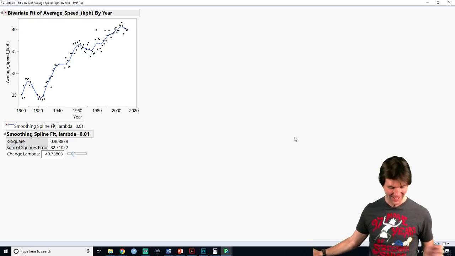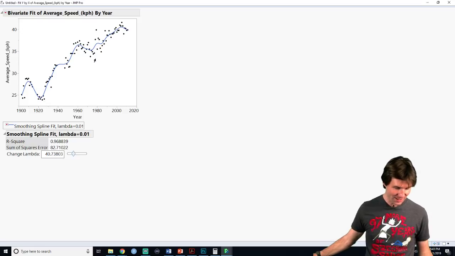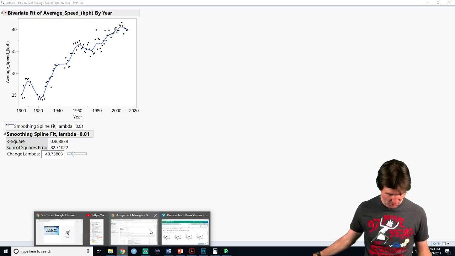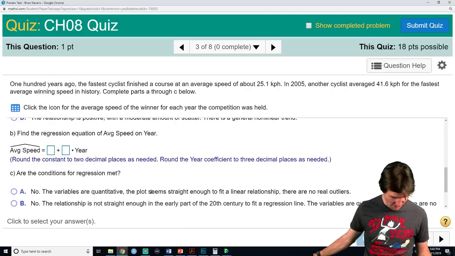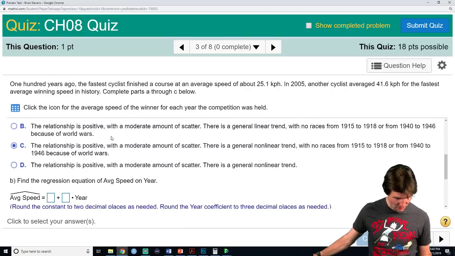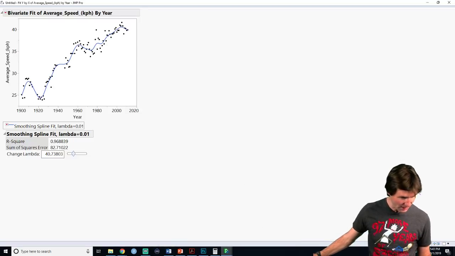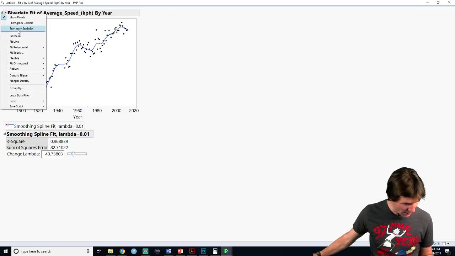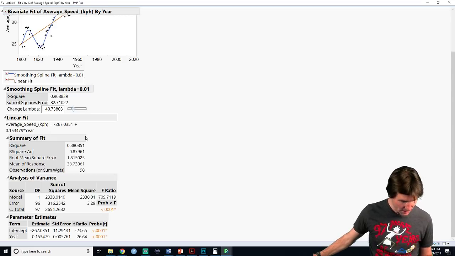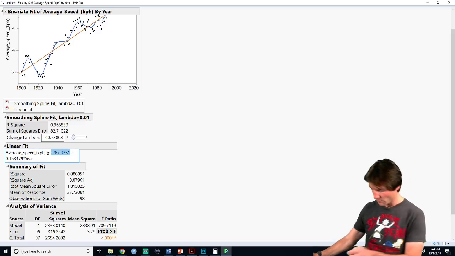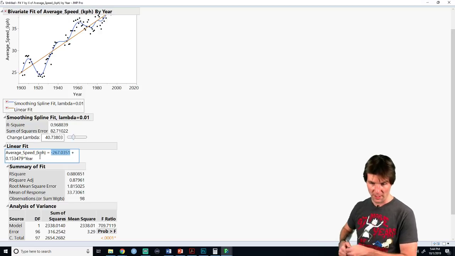Okay, so thank you, Adriana. It's saying it's linear because those are the iffy ones. We've got ways of dealing with these problems for advanced stuff. But it's going to say it looks linear. And now we need the regression equation. So the regression equation is, it's gone now. We'll get a new cool colored line here. So let's go to fit the line in. And the regression equation is right here. Let's go grab the regression equation right here.